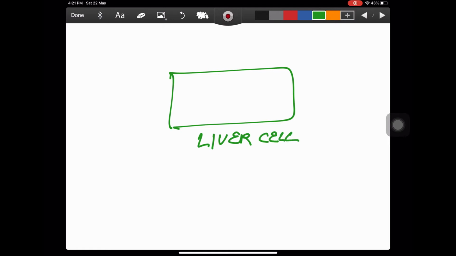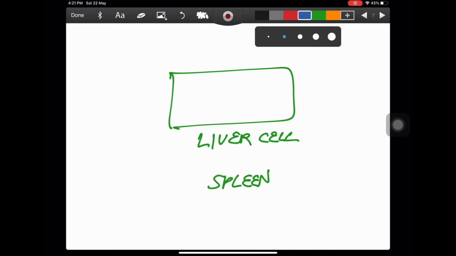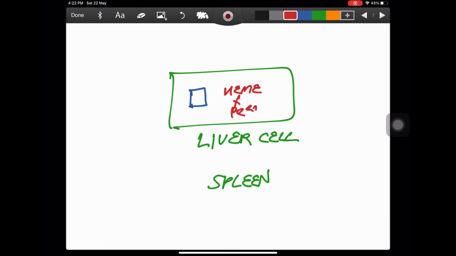When this heme is degraded in the liver or in the spleen, there are macrophages which degrade the heme, and this ferric ion is taken up by these macrophages, and there are genes which produce a substance; this is the main substance we have to know,